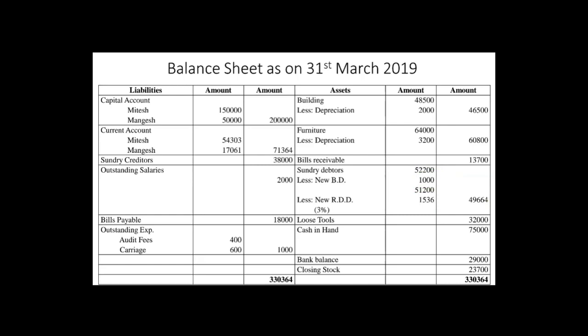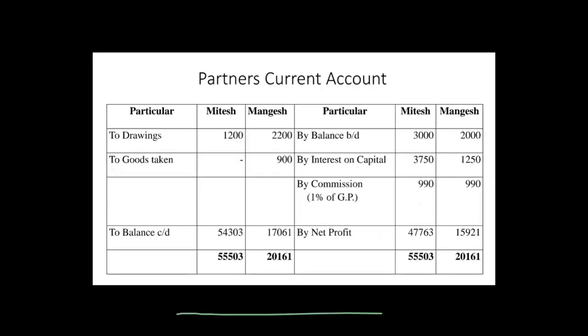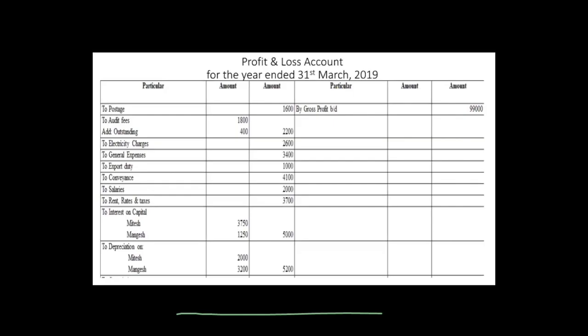Now the second effect is there. You will going to show the second effect on the profit and loss account's debit side. Okay, so in 11th standard, if you remember, you might have learned one format of bad debts. Okay, I hope you will remember a format of bad debt. So what is that format?